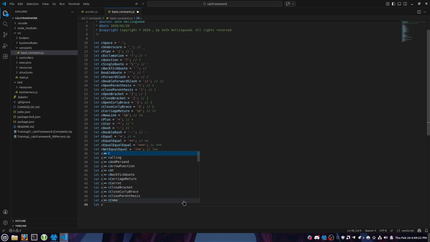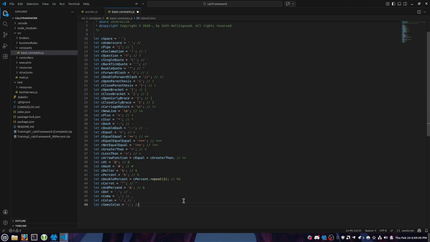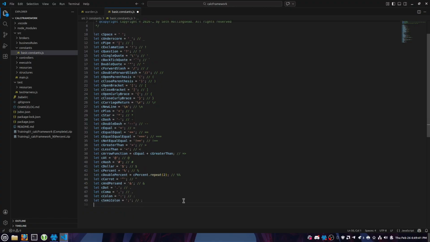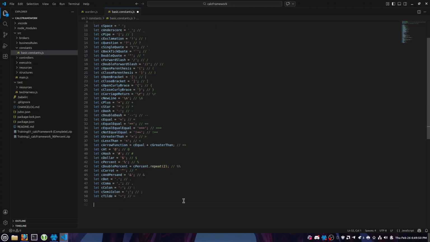Let C semicolon equals the semicolon. Oh, this one is colon, actually. We need to do that one first. Let C colon equals the colon. Okay, and then the semicolon, okay. And last but not least, let C tilde equals the tilde symbol. Okay. All right. Those are the common special characters, and then we get into